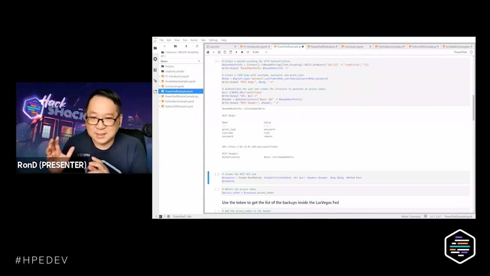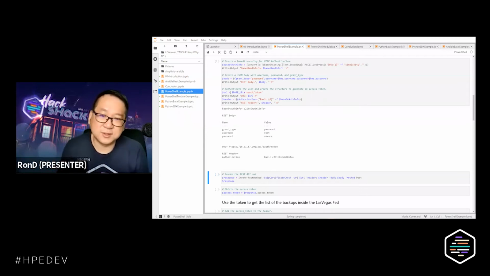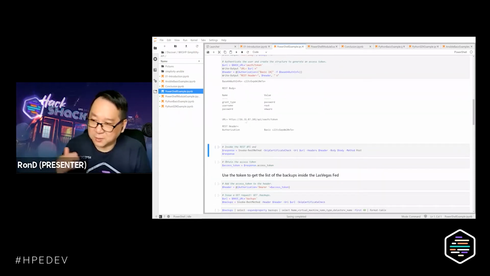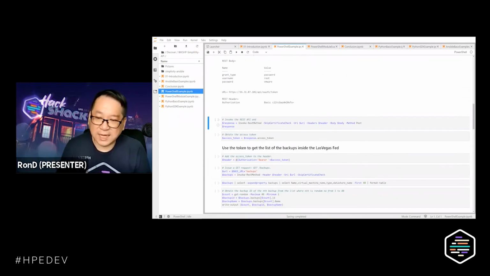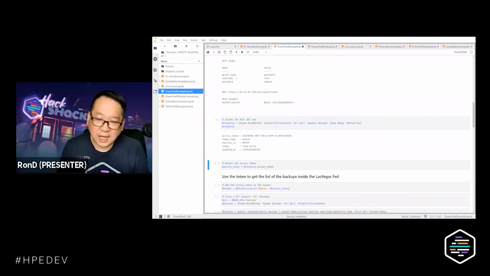So the REST API is a text-based language that is transmitted through HTTP, and it contains all kinds of strings. And this particular exercise that we did is adding those strings into the parameters so that we can continue with our exercise. For us to be able to communicate with SimpliVity with PowerShell, we use Invoke-RestMethod, and we'll see what we'll be using for Python. And again, all you need to do is just click on the exercise there.